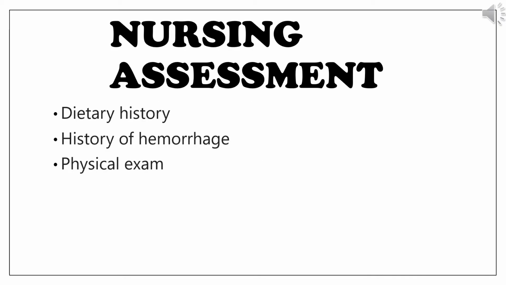First of all is the nursing assessment. What comes under the nursing assessment? First one is the dietary history. Dietary history is important. Vegetarians are more likely to develop iron deficiency unless their diet is supplemented with iron. National programs of dietary iron supplementation are initiated in many portions of the world where meat is sparse in the diet and iron deficiency anemia is prevalent.